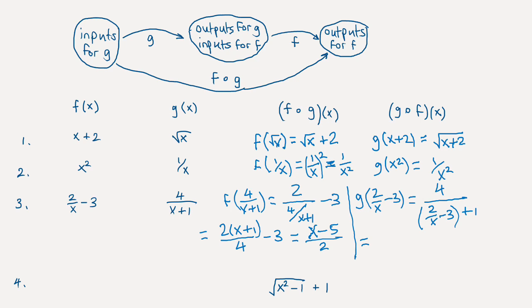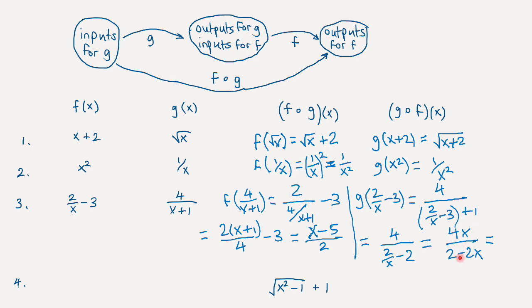So first of all, let's combine the minus 3 and the plus 1. So we'll have 4 over 2 over x minus 2. And then let's multiply through by x. So in the numerator we would have 4 times x, and in the denominator we'll have 2 minus 2x. So we'll have 4x and then 2 minus 2x, and then final step, we've got a common factor of 2